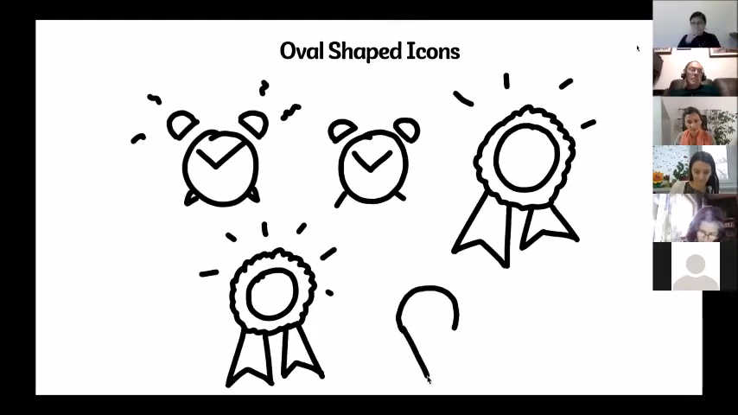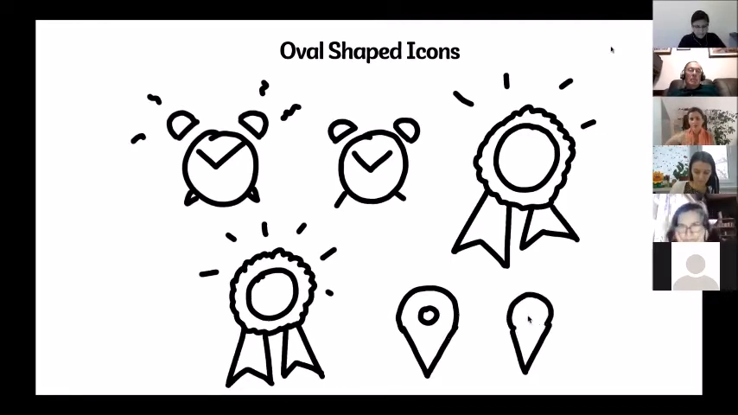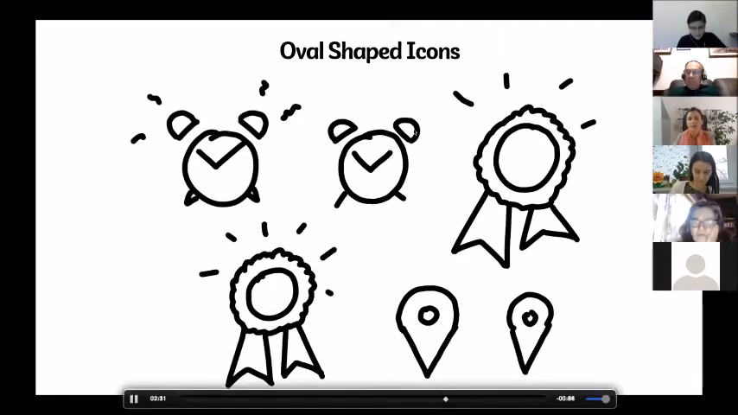Now, what we see here is this very common sign for location, and it's actually based on the half circle and a triangle. It's a half circle and a triangle beneath it. So it's also very easy to draw. These are just some examples of how we can use the circle, the round shape, for